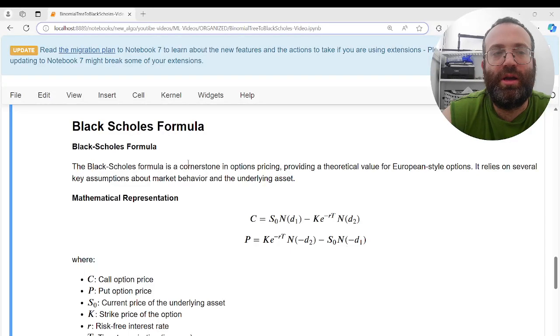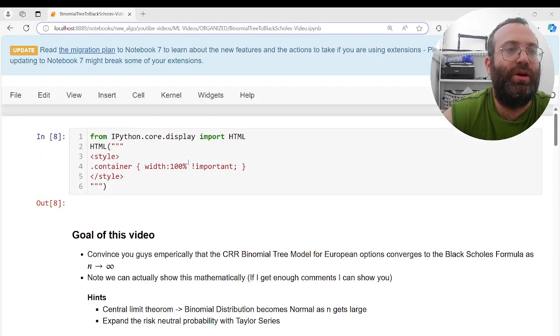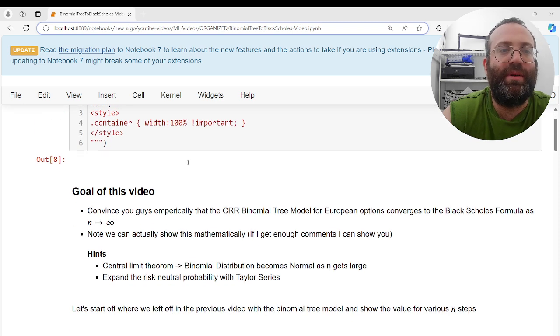Hey guys, welcome to my sixth and final video in my binomial tree option pricing series. In this video, I'm going to show you that the n-step binomial tree model we implemented in Python in the last video converges to the Black-Scholes formula for European call and put options as the number of time steps n goes to infinity. I'm going to show you the numerical version with Python